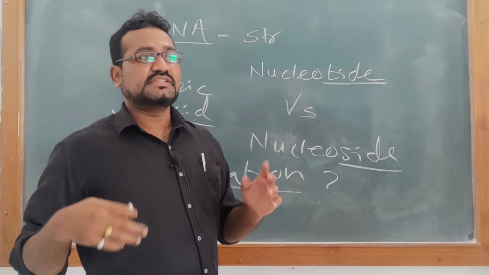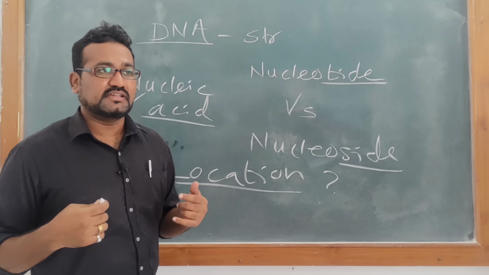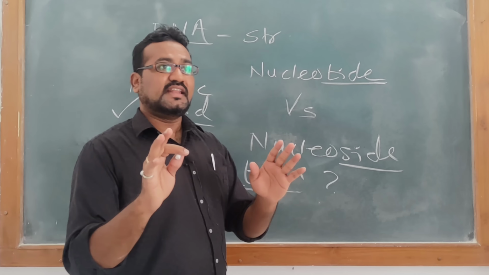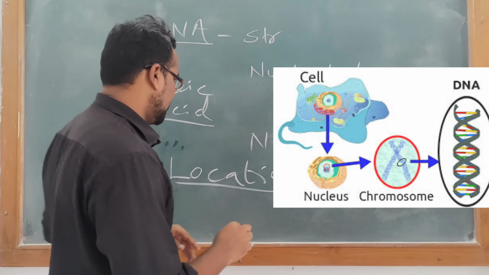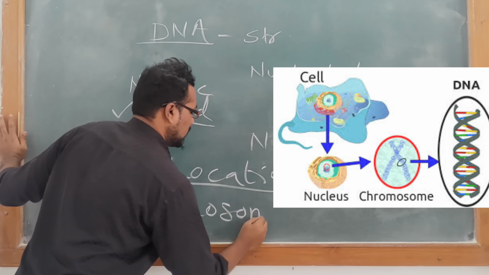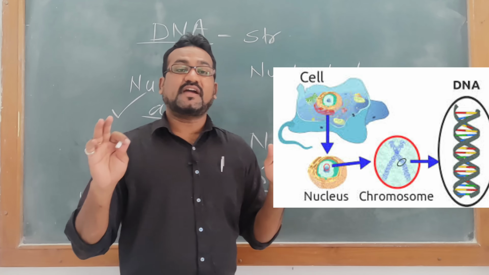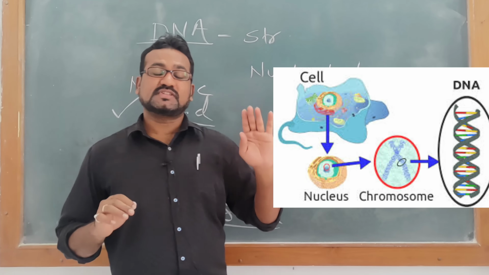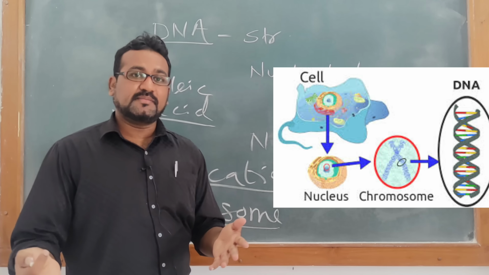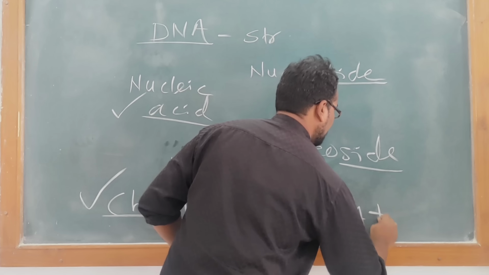For study purposes, we generally select the DNA from the nucleus. Taking the DNA directly from the nucleus is very difficult, because DNA is present in association with protein, which we call chromosome. Inside the nucleus you will find different types of chromosomes. Some chromosomes are short, some are long. These are linear chromosomes, as the figure is indicating. These chromosomes are nothing but the composition of DNA plus protein.